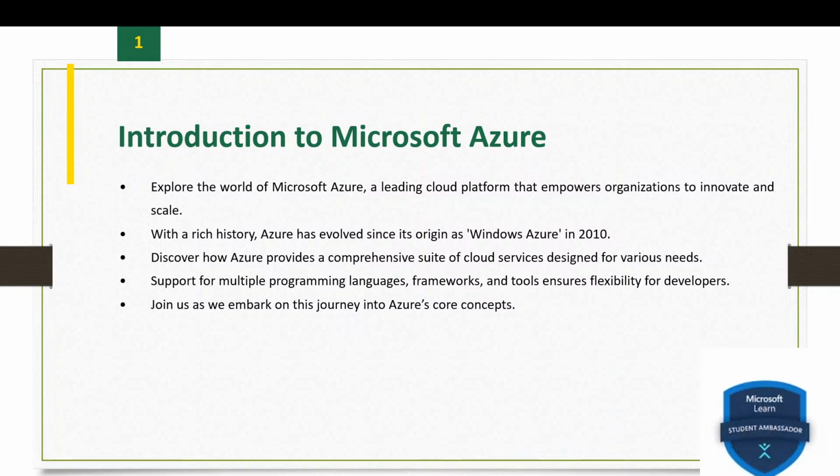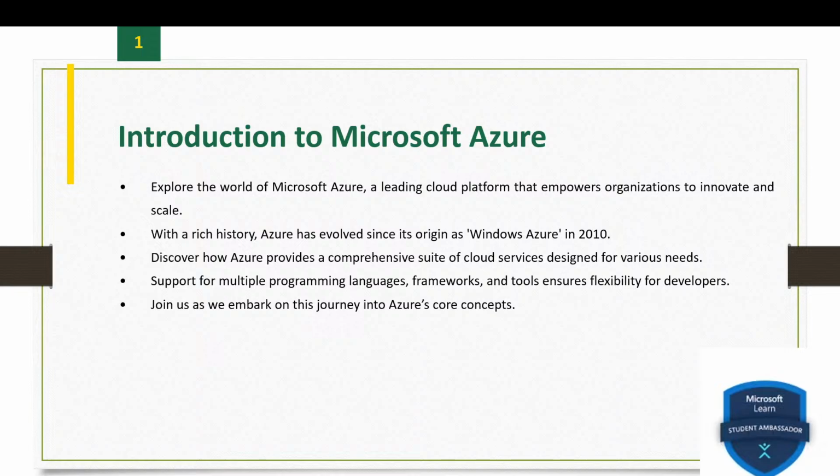Key benefits of Azure. First one, its global reach. Azure is available in over 60 regions worldwide, providing a truly global infrastructure for your applications. Second one, scalability.